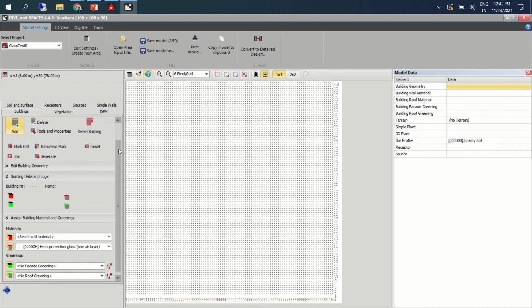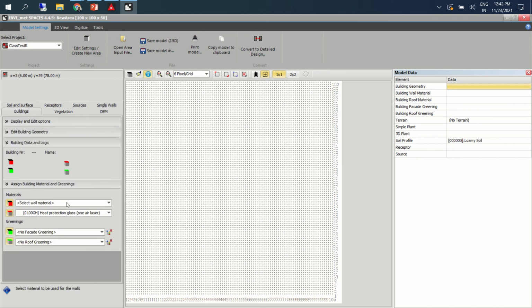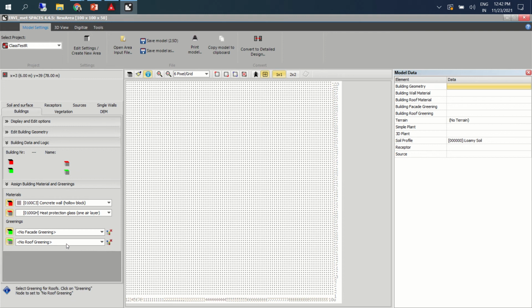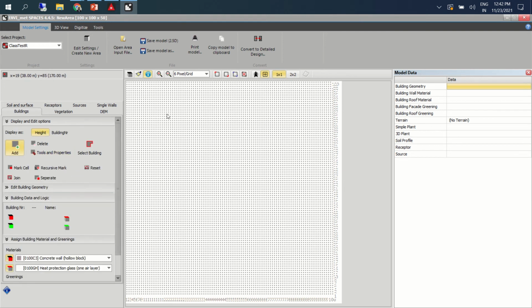Let's say I'll just use, okay, let's say hollow blocks.